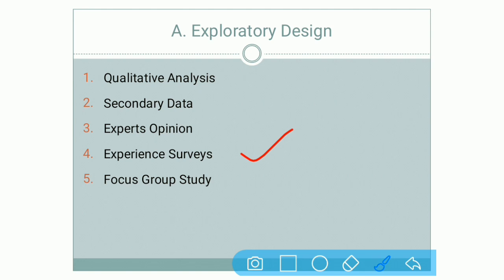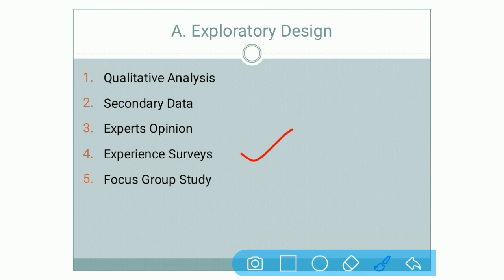Experience survey. Now there is a difference between expert and experience. In experience, you have to create certain reference groups. Which kind of reference groups are created? Suppose students are not attending a class, then you have to form groups of the students who attend the class regularly and those who do not attend regularly. That means you make a group of regular students and irregular students. These are the reference groups. You have created two groups over here.